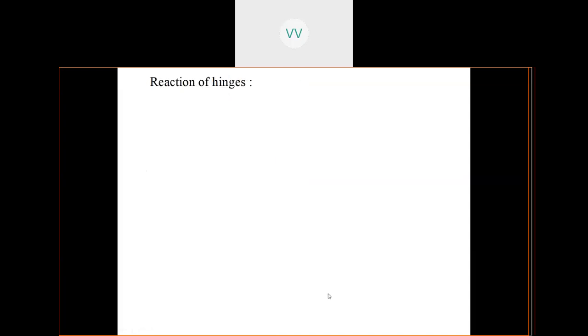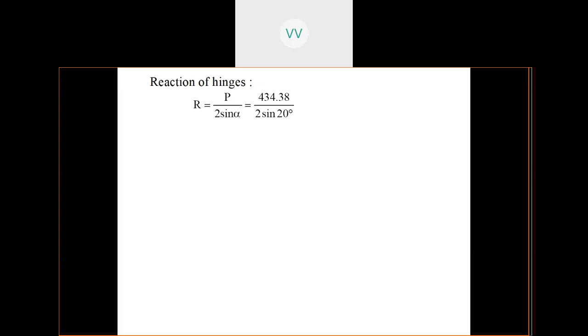Here, for the reaction of the hinges, both the reactions are going to be R is equal to P by 2 sine alpha. So alpha is the angle which the inclined side of the gate makes with the vertical. When the pair of gates is having an angle of 140 degrees between them in the closed condition, then you have this small isosceles triangle. It is going to show 140 degrees in the closed condition.